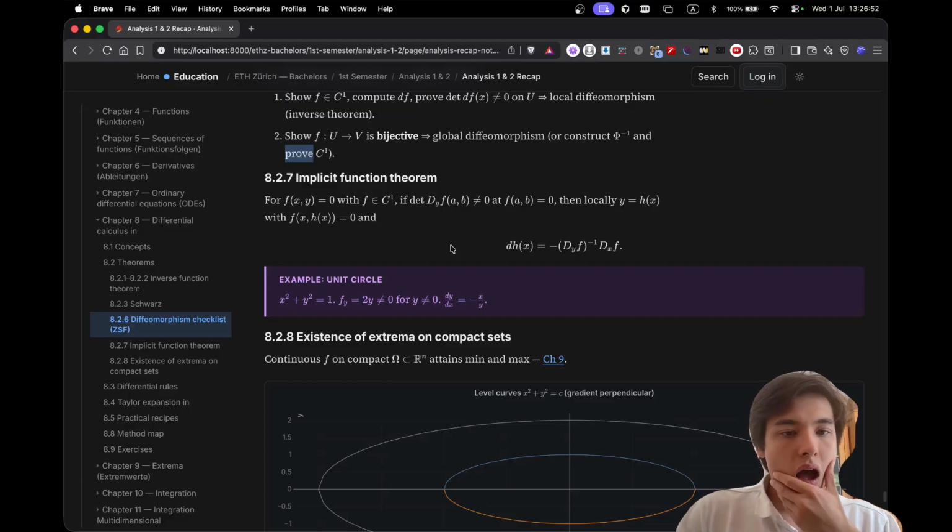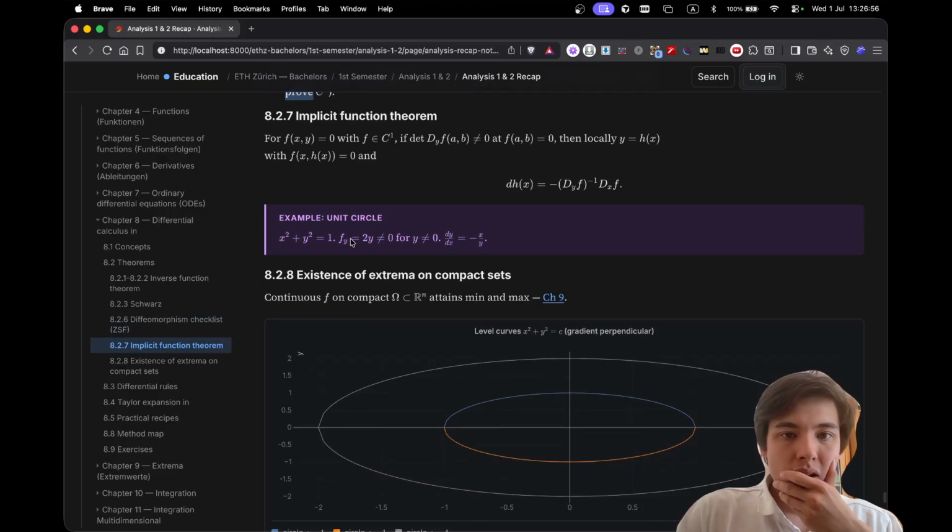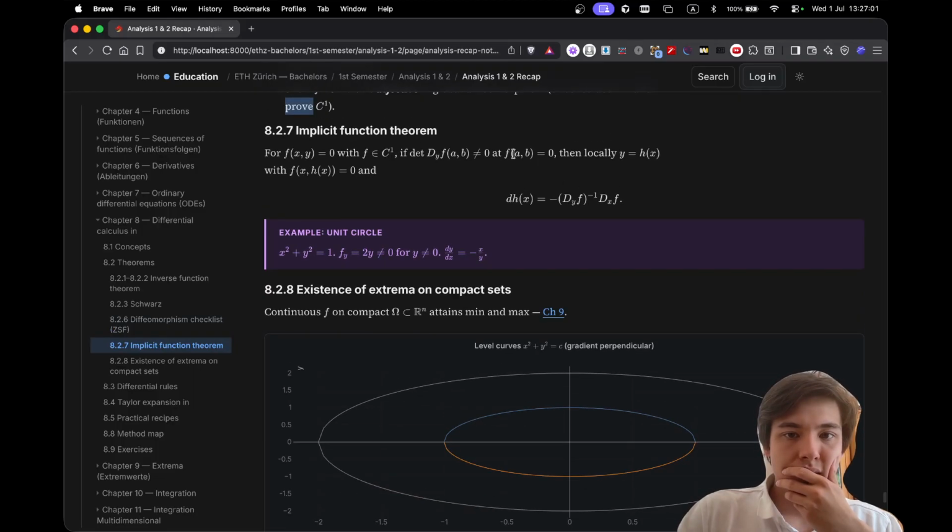Example: fy is 2y, not equal to 0, and for y not equal to 0, the derivative of y with respect to x is minus